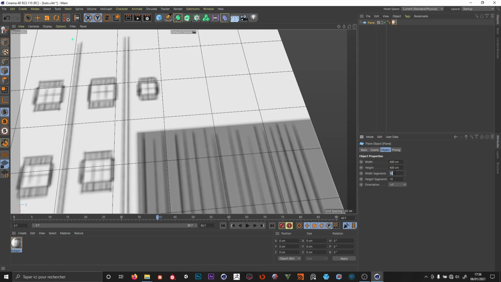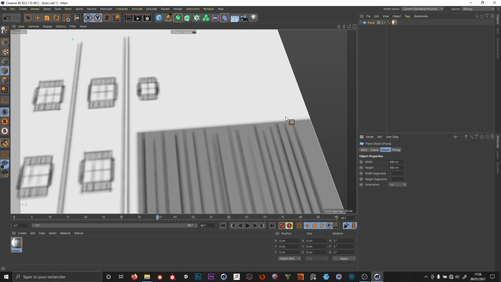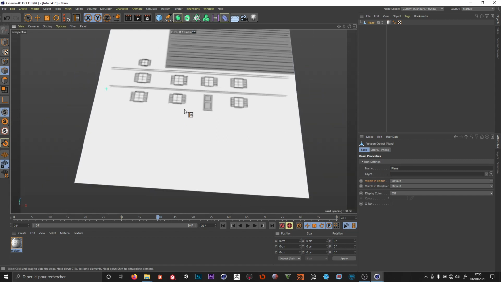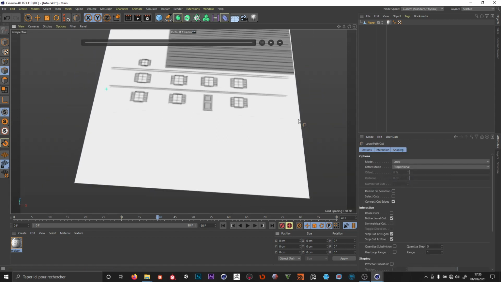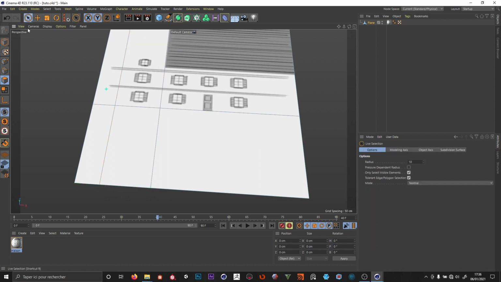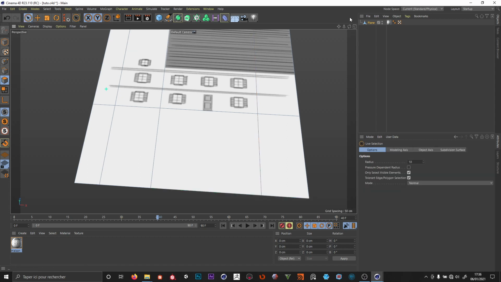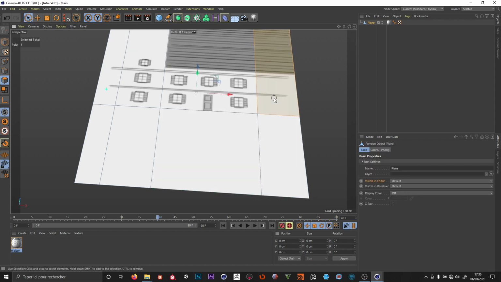Put one segment in the width and height, and now I'm just gonna cut my edges and delete what I don't need. So here I'm gonna add another edge here, and then I delete all I don't need, and